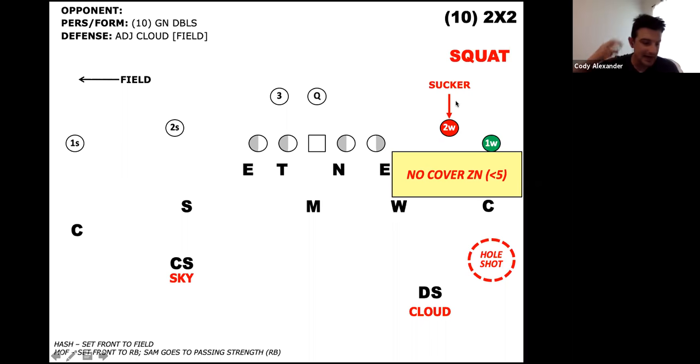So we come back after the first series, and I said, look, they ain't doing this on it. They're not getting a free play. So I just told them we're going to squat it. So the next series they came out, we got 2 sacks off the same play. They kept trying to run it. We got 2 sacks off of it. They didn't run it the rest of the time. Another time we ran it,